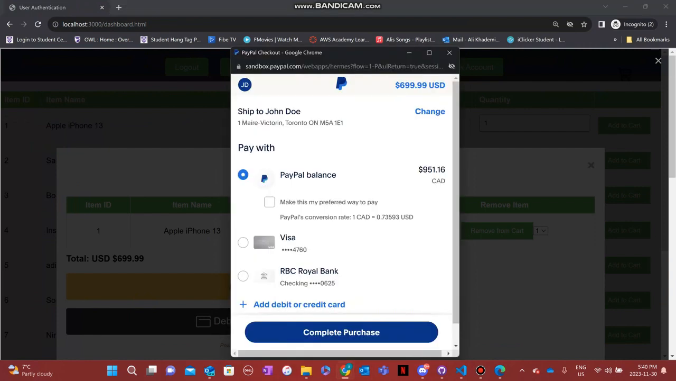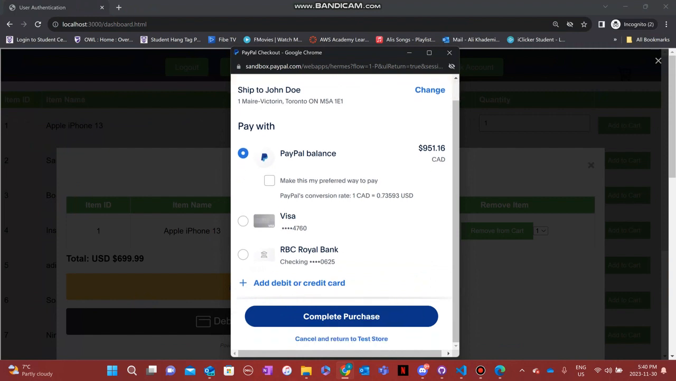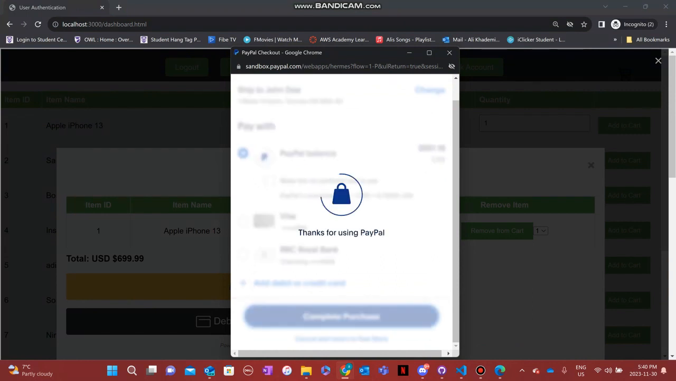Here in the PayPal account, they have many different options for choosing what to pay with. I'm going to just choose the PayPal balance for demonstration purposes. Once I click Complete Purchase,